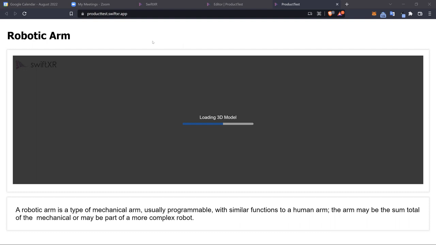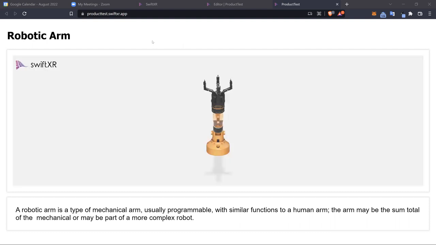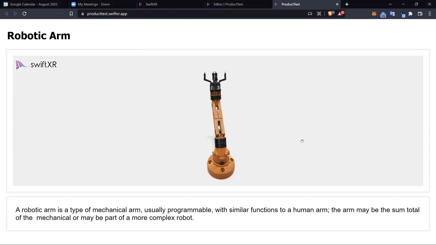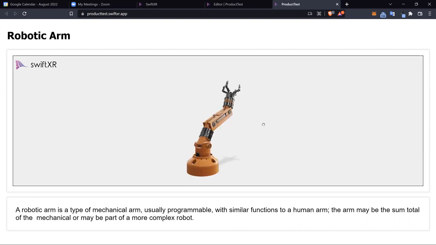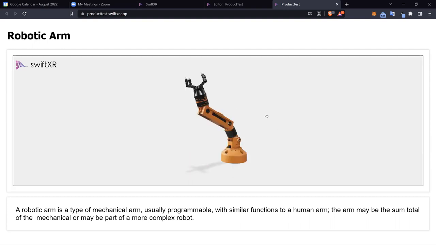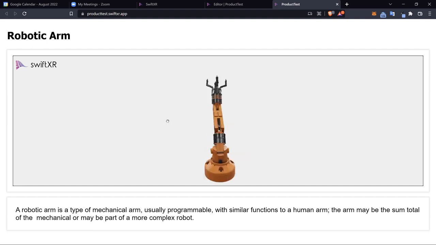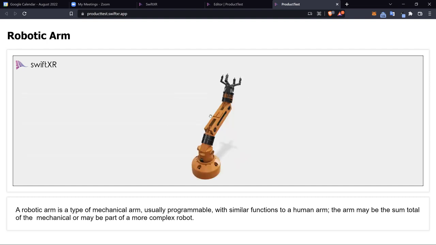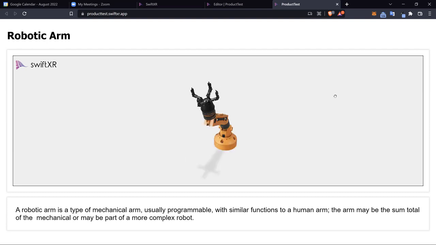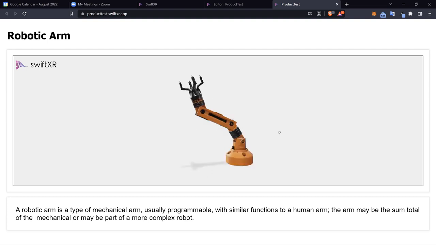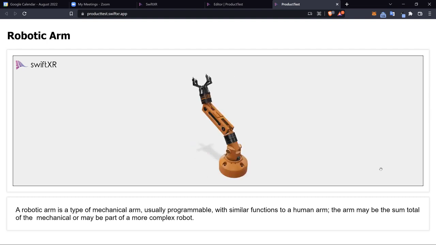So this gives an idea of what you can do with this already. You could use this to share with clients. Let's say an architect is working on a building, and you have the 3D model already. What you can just do is deploy your site, just dragging your 3D model into the SwiftXR platform, deploy your site, and that person can view it on the web, and also view it in AR and how